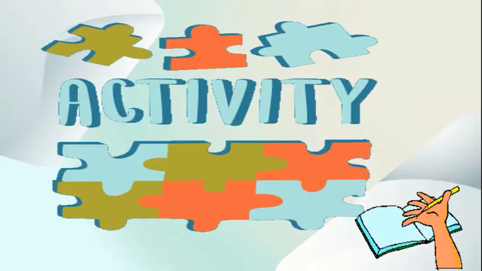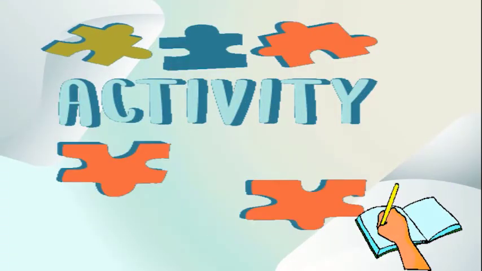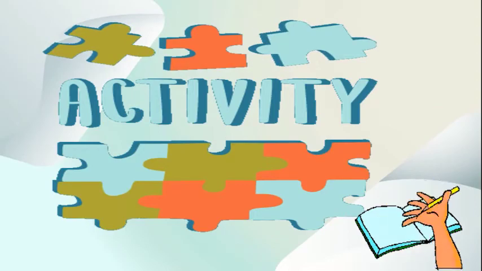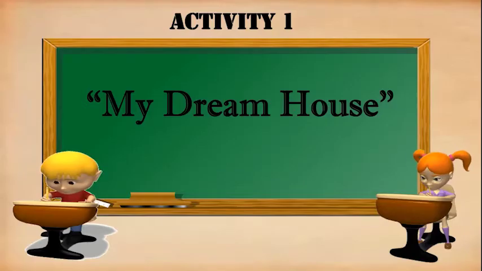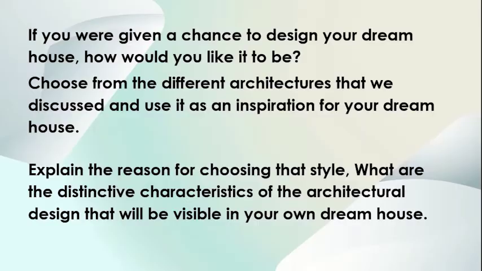Now that we're done, let's have activities to check your knowledge about our lesson today. Your first activity is called My Dream House. If you were given a chance to design your dream house, how would you like it to be? Choose from the different architectures that we discussed and use it as an inspiration for your dream house. Explain the reason for choosing that style and the distinctive characteristics of the architectural design that will be visible in